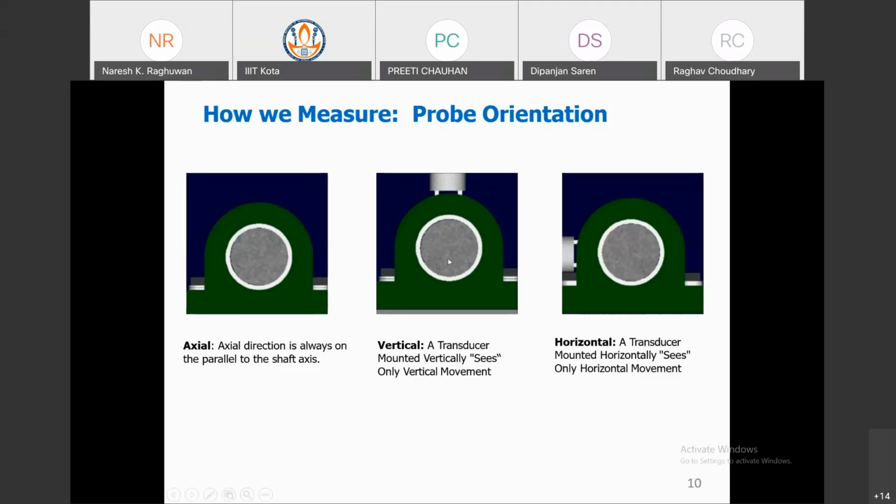In the middle, the vertical is very simple. If you do not know about the orientation, first of all, think: if you have an accelerometer, you will put it on the top of the bearing house. So this is the vertical state. But if you have a three axis, then from this single orientation you will get three directions. And for horizontal, we have to put it here. Some glue is there for fixing this accelerometer on the machine, because the machine is vibrating. So you have to fix this accelerometer on the machine, so some glue is required.